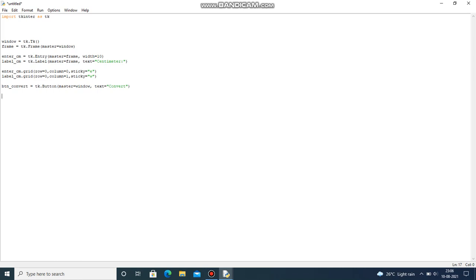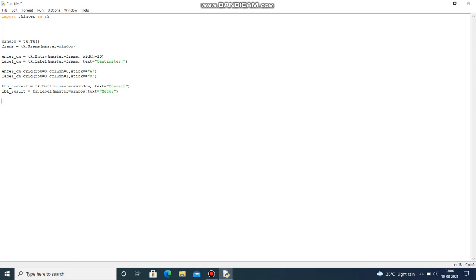Okay, now let's give the result. lbl result is equal to tk.Label. Okay, because if you press on the submit button, then what should happen? You should be able to get the centimeter to meter. Okay, so this label is going to change it into meters.